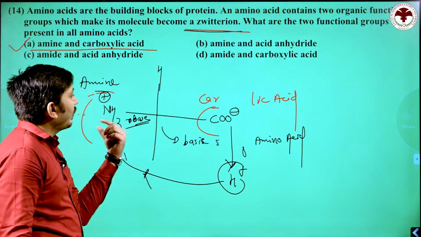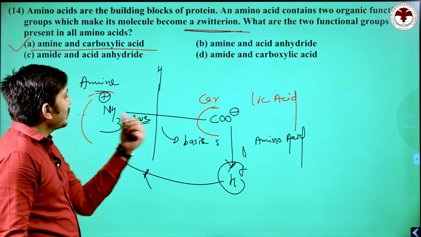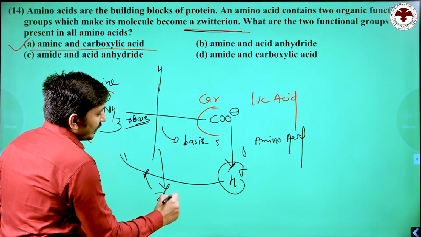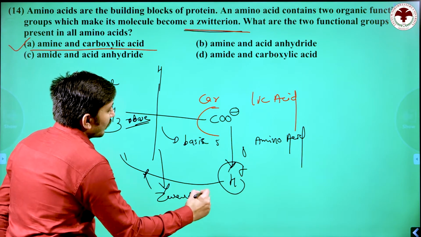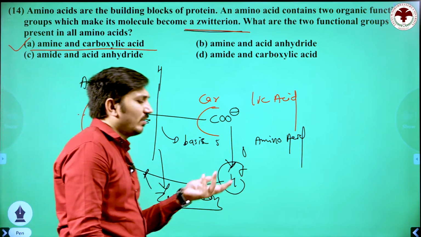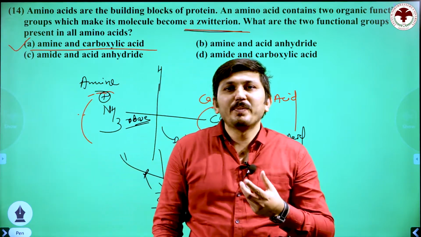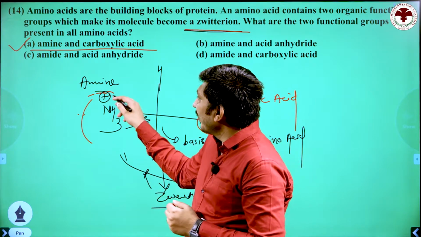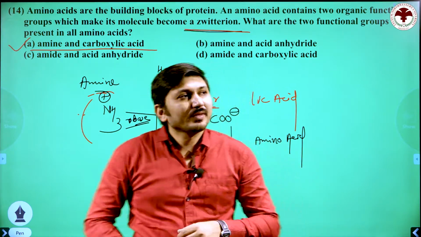They are the two ends, COO minus and NH3 plus. This ion is known as zwitter ion. Okay. But not in this question. We need only what kind of functional group is present in amino acids. Okay, so it is simple. It is amine and carboxylic acid group.